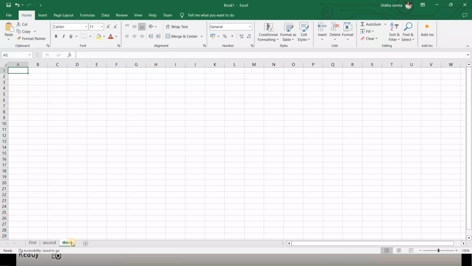After this, suppose you need to change the order of these worksheets. You can simply click on this and drag it to the position where you want. So in this way you will be able to move the worksheets. So this is the way. Now next,